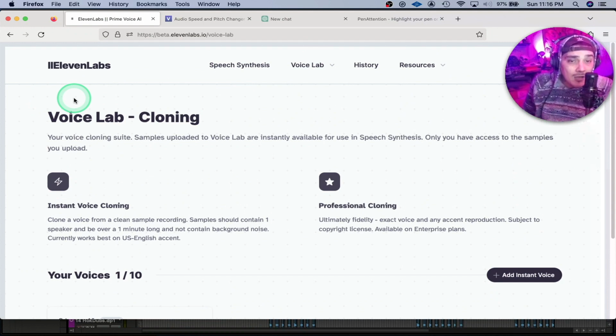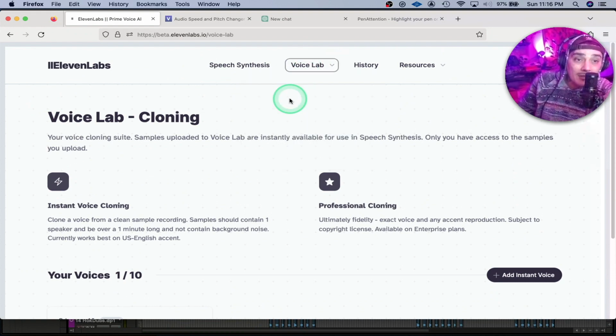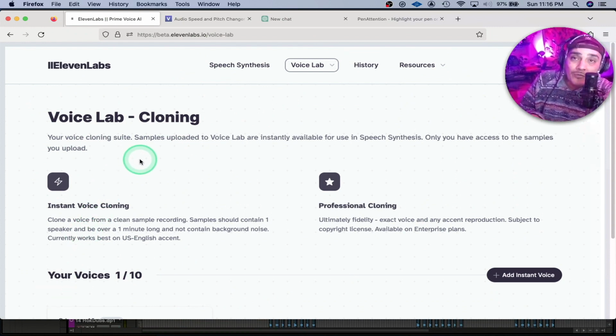I checked it out. There's a thing right here called voice cloning. And what we're really interested in is Voice Lab. If you go to Voice Lab, there's a thing called voice cloning. So when you hit voice cloning, it takes you to this page that we're currently in right now. And what you want to do, I've already programmed my voice into it, but I'm going to show you how I programmed it using Kendrick Lamar's voice. So what you want to do is hit add instant voice,